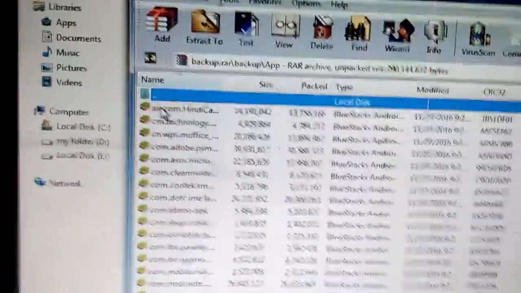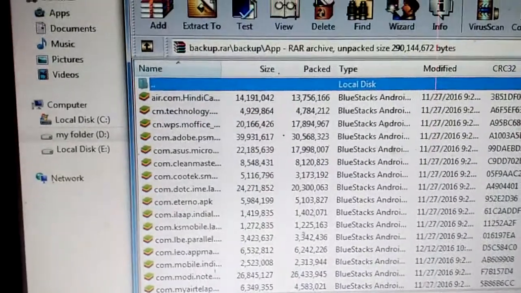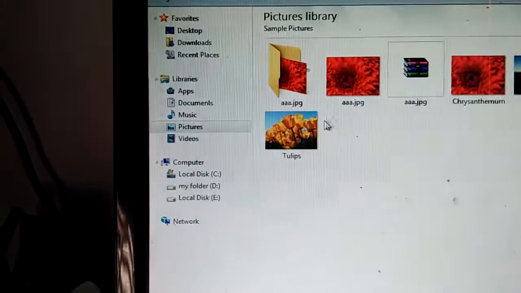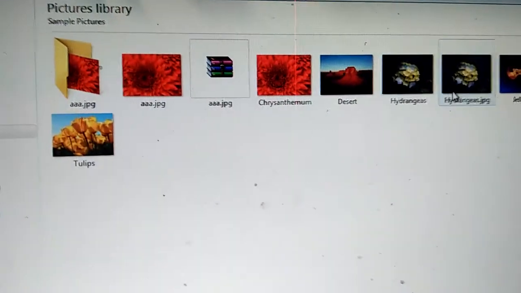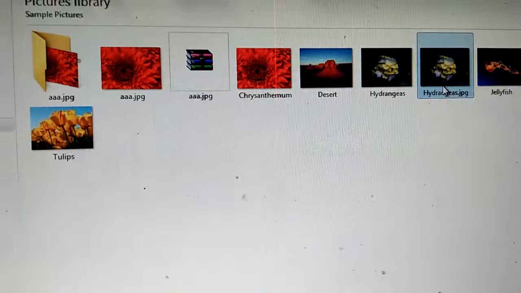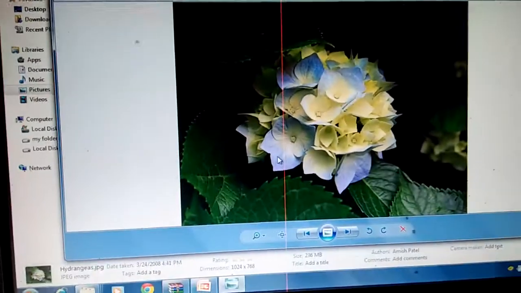If you want, if you open this photo, you will see, as I am showing you, which photo I have selected. Going to the sample picture, the photo was hydrangeas.jpg. If we open this picture, it opens, but behind this picture there is an option.